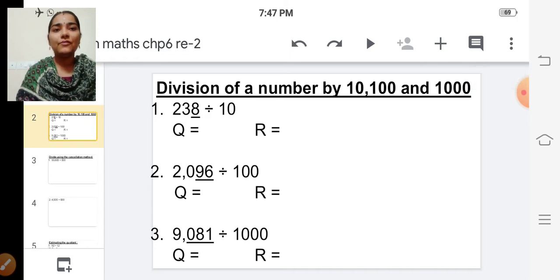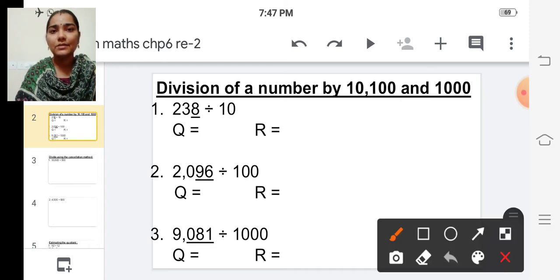Division of a number by 10, 100 and 1000. So, if we divide a number by 10, then the ones digit is the remainder and the remaining digits will be your quotient. Okay. So, shall we see some examples? See the first one,